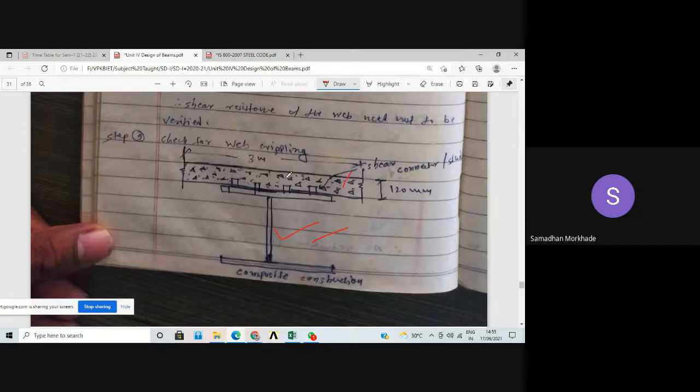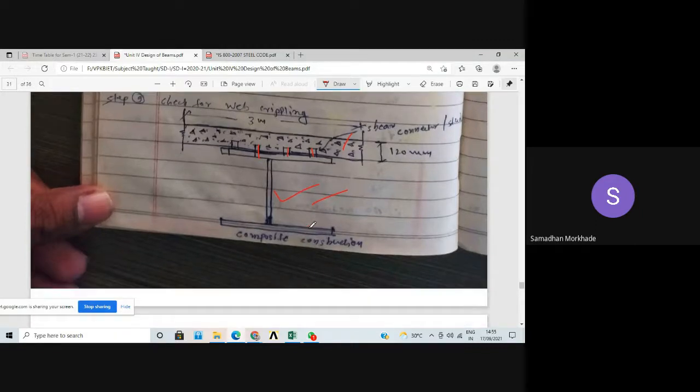Okay, and to connect this beam with the slab, here we have to add some additional arrangement, and this is called a shear connector or studs. Such type of construction is called composite construction, because the beam is of steel and the slab is of RCC. Such types of construction are very popular and very good.